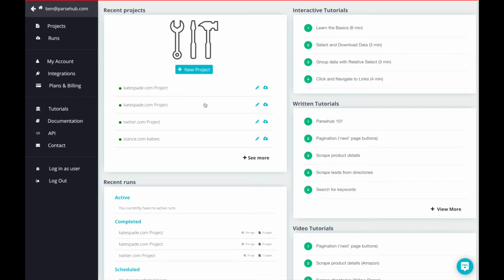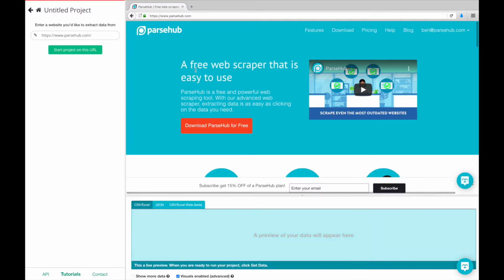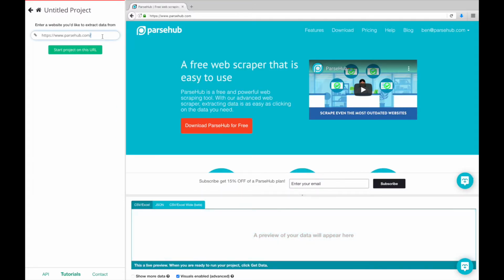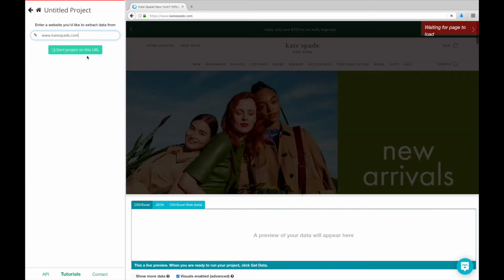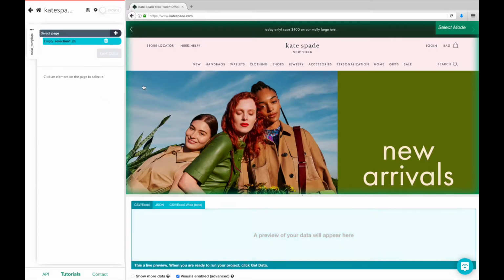To begin, open your ParseHub client and click on New Project. Now in this URL bar on the left, enter the URL of the website that you'd like to scrape. For today's tutorial, I'll be scraping the Kate Spade website. You can click Start Project on this URL to begin, and once everything loads, you'll see your ParseHub window divided